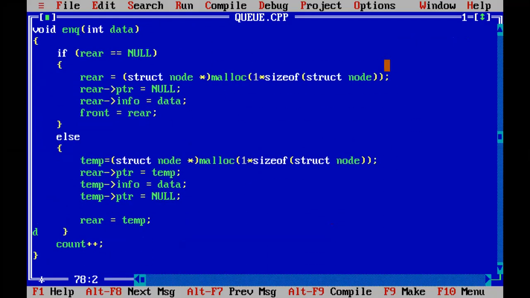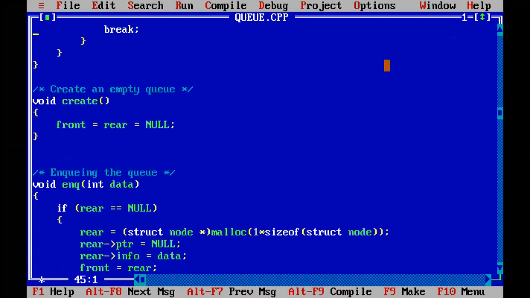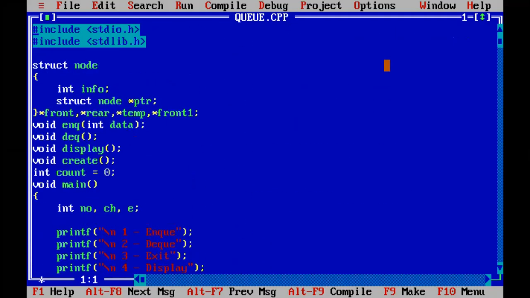Students, today we'll learn about the queue program, that is the fourth practical of data structure. Okay. In this practical,